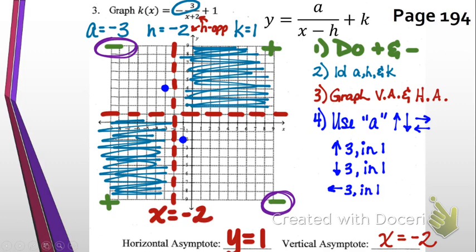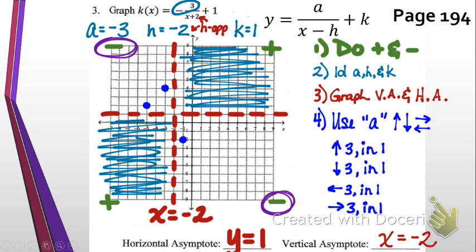So I go to where they cross. Left 3, 1, 2, 3. I cannot stay on the asymptote. Where do I go? Up 1 so that I get out of the asymptote and out of the dead zone. And then last but not least, we need to go to the right 3